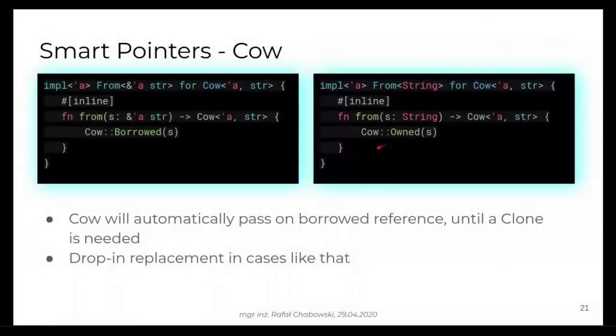We can see what is going on if we just take a look inside the source code of Rust. If you are creating a Cow from a reference, you're going to create a Cow which is borrowed, and will share the reference with you. But if you create it from a String, it's going to start in its owned form, consume the string, and just carry it on, pass it on to the caller, to whoever uses it.